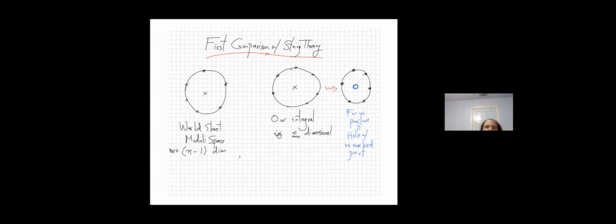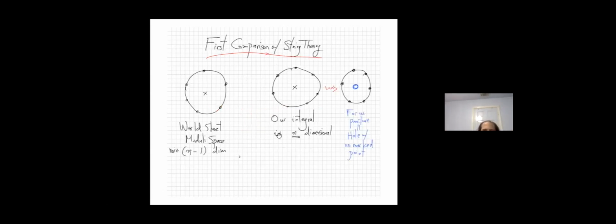Okay. So let's do a first comparison. This is some integral over something that looks like a geometry, a binary geometry. Let's do a very first comparison with what we expect in string theory, even just degree of freedom counting, because I've been drawing the pictures for you as if there was a puncture here, and triangulating the surface with a puncture and so on. So you might think, is what we're doing like a string theory integral here?